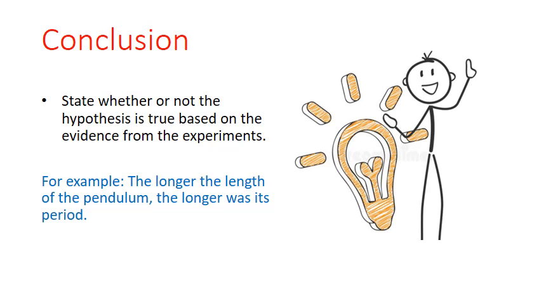Then the final stage would have been formulating our conclusion, or drawing conclusion based on the evidence or the results of our experiment. So this basically states whether or not the hypothesis is true. So after conducting our experiment, we could conclude that the longer the length of the pendulum, the longer was its period. And that would be us using the scientific method to carry out this experiment to find out how the length of the